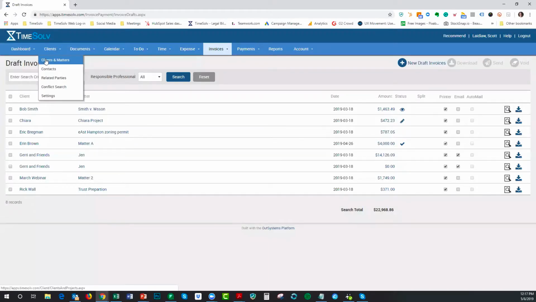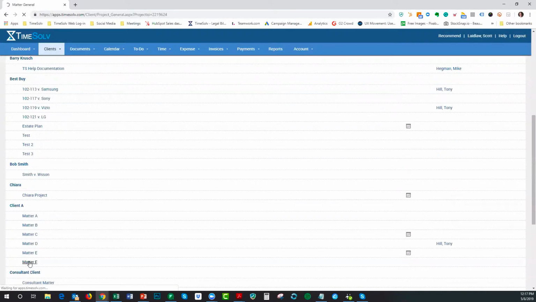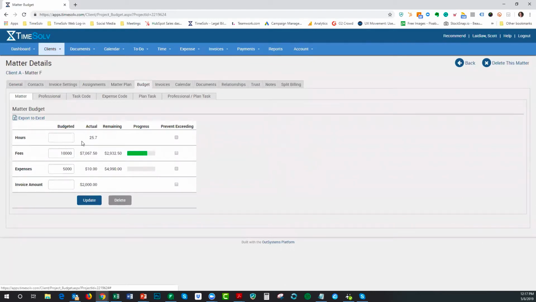So I'm going to go into a particular client and matter here. And I've set up a budget on my budget tab here. And I have budgeted $10,000 worth of fees and $5,000 worth of expenses. And then I've gone ahead and you've seen I've actually made $7,000 worth of time entries, and I've made a $10 expense entry, whatever it might be. Okay. And I need to generate a report on the budget that I've created, the budget versus the actual and so on. So we would go under the report setting here,